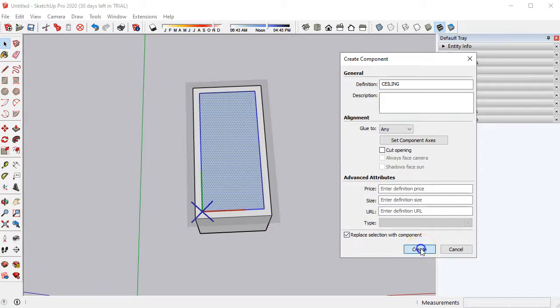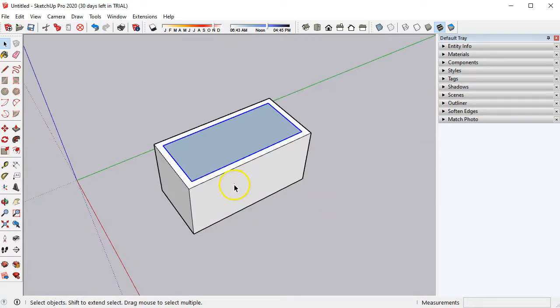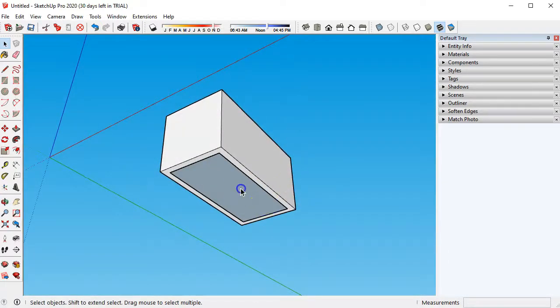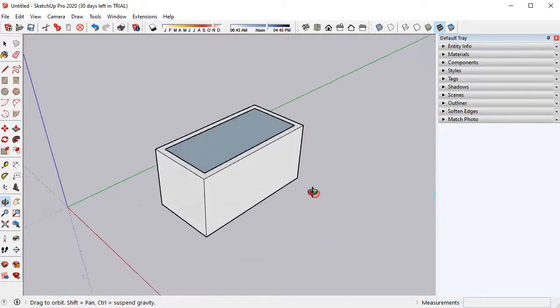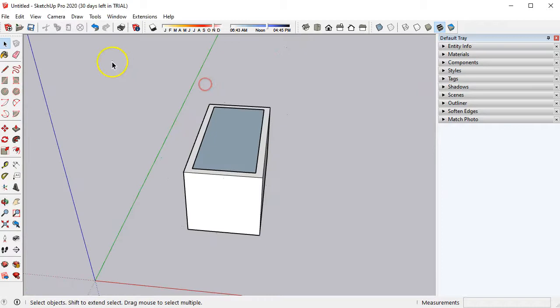And create. Okay, so now we have a component for the walls. We have a component for the ceiling. And we also have a component here for the floor. So we have 3 components total. Now we're going to make a component made out of 3 components. So window the whole thing,